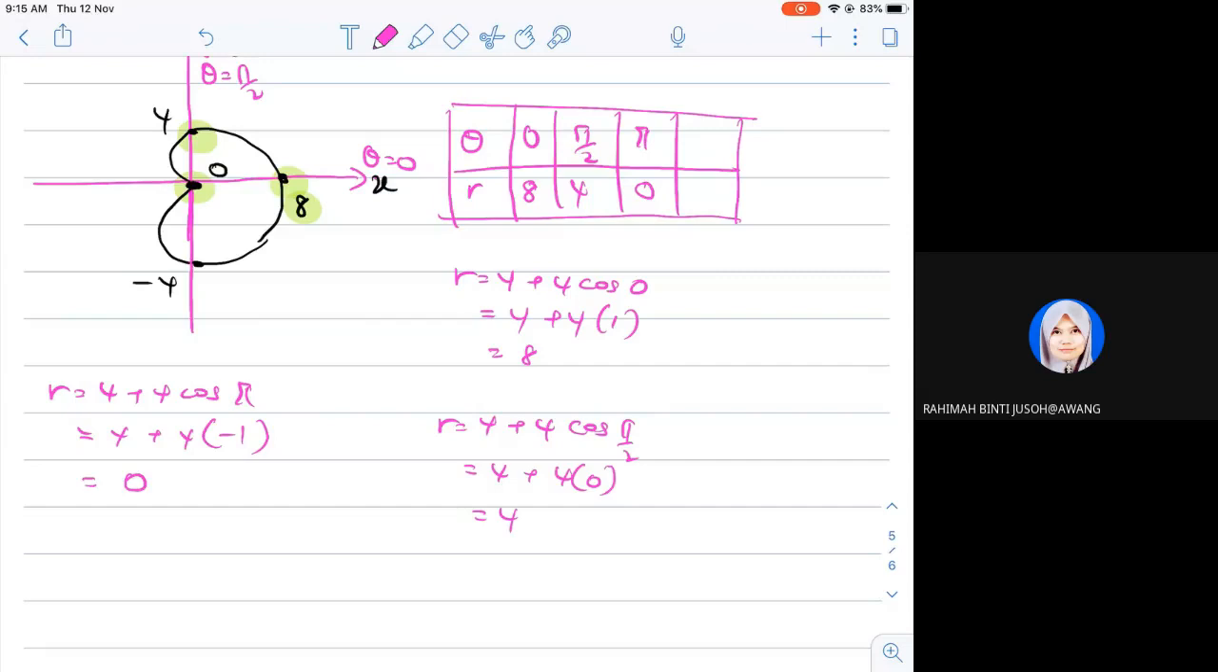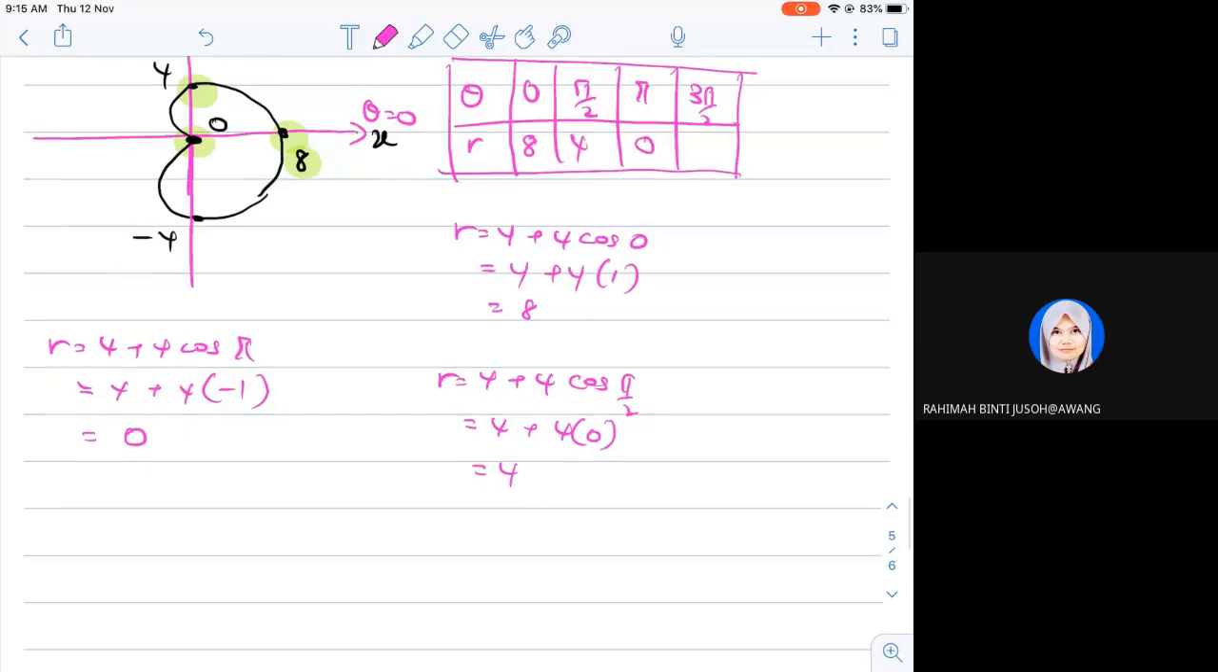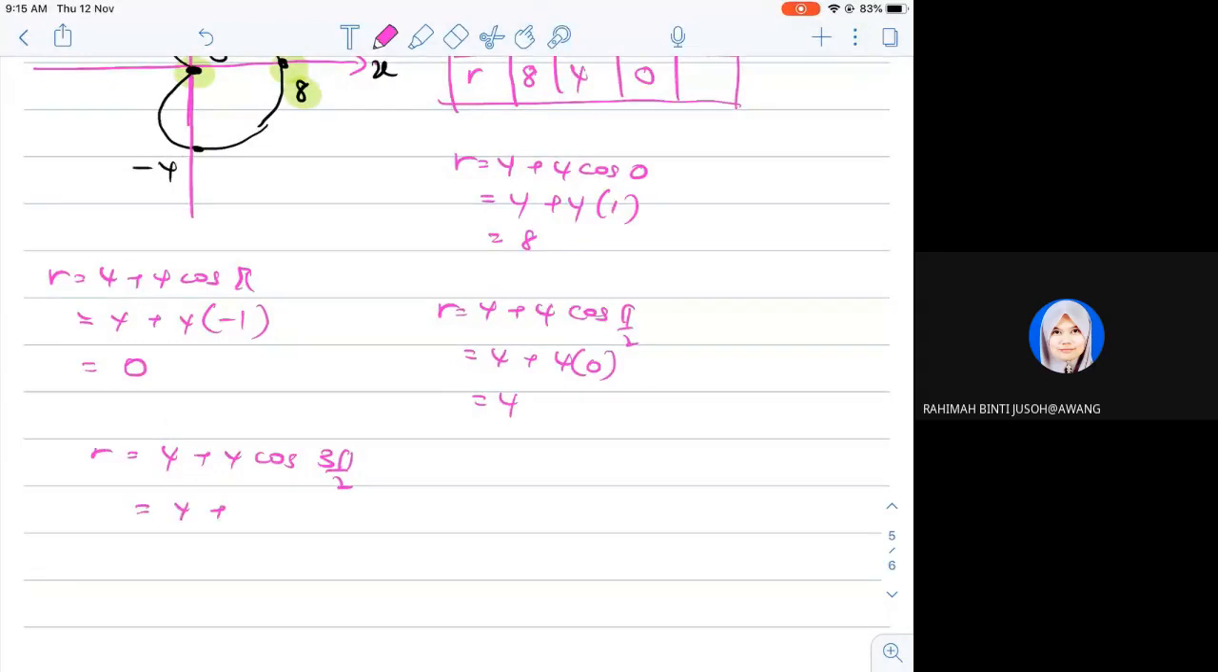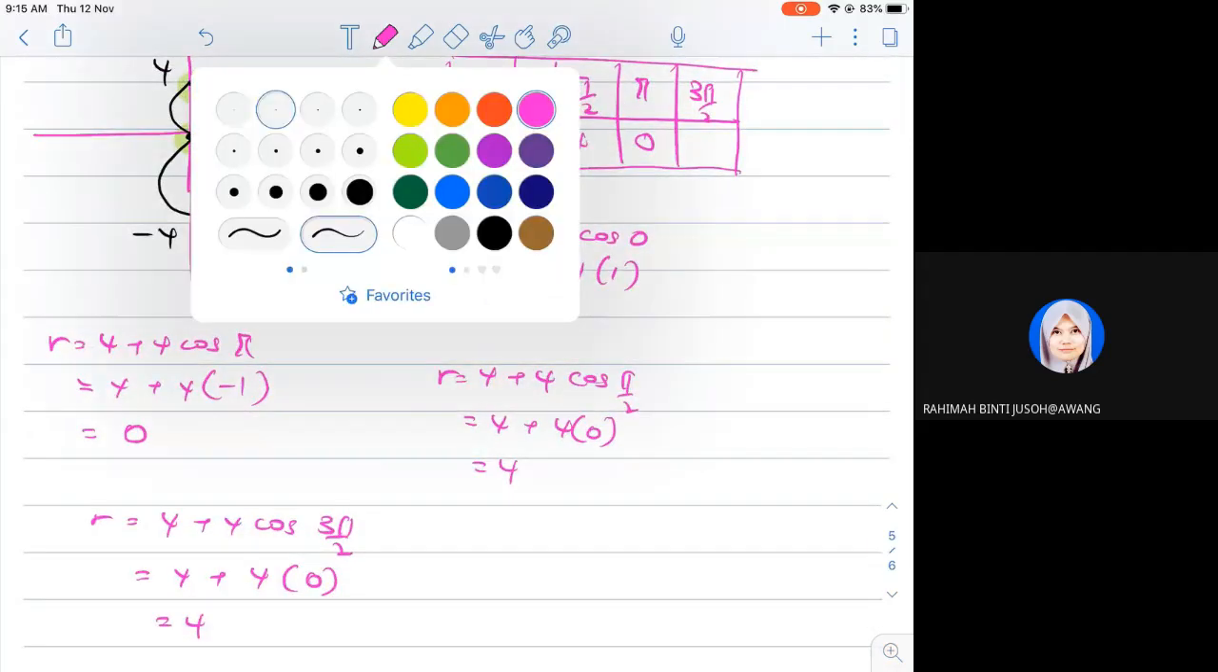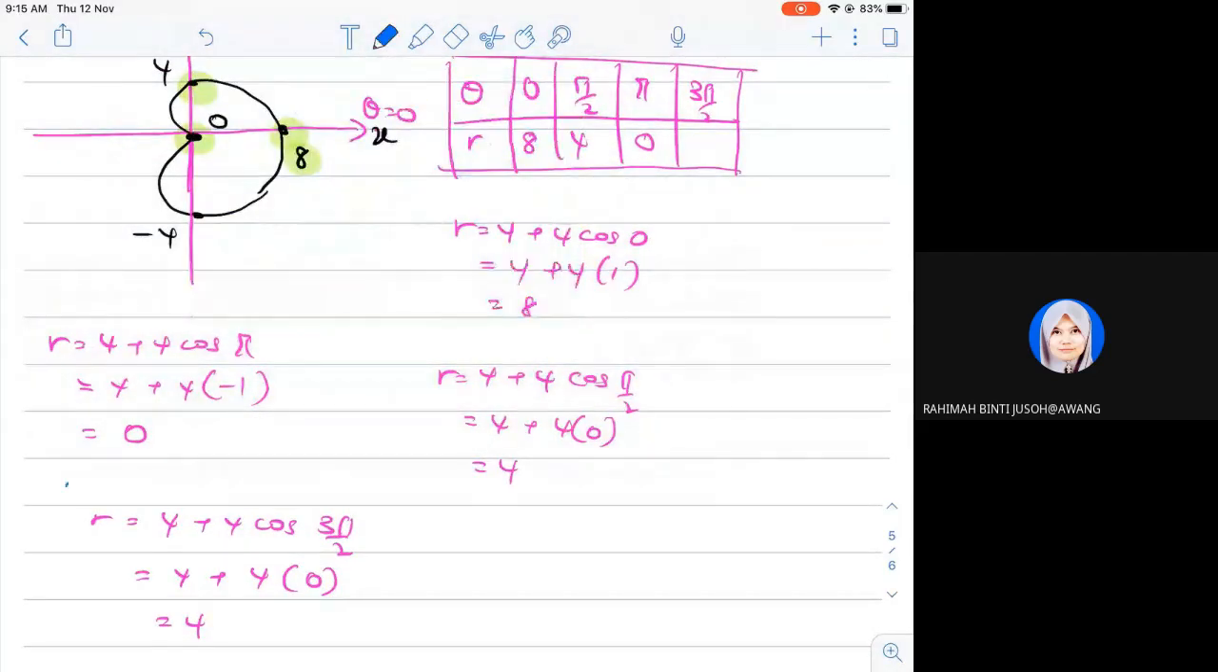Now, 3 pi over 2. Let me explain about this because yesterday one student asked me about it. So 4 plus 4 cos 3 pi over 2. Cos 3 pi over 2 is 0, so we get 4. Listen carefully: when theta equals 3 pi over 2, we have